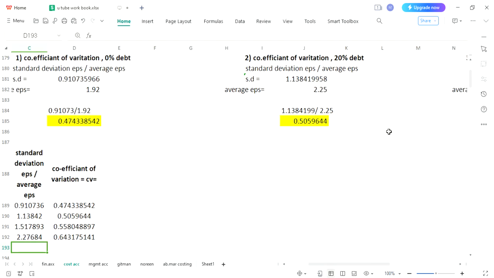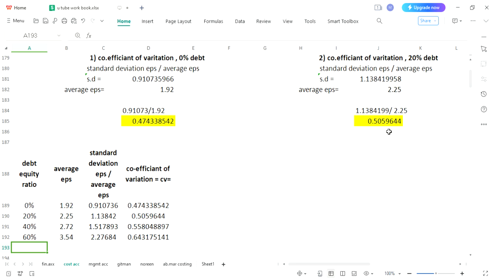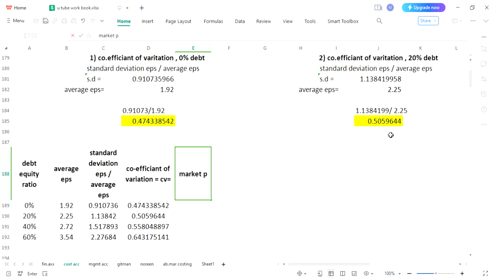So in this way all CVs have been calculated. Why have we written it? We need to put market price per share, and how would you calculate? You need your EPS, earning per share, and it would be divided by